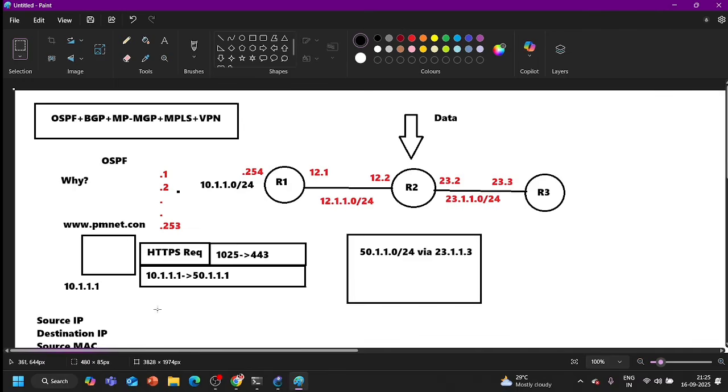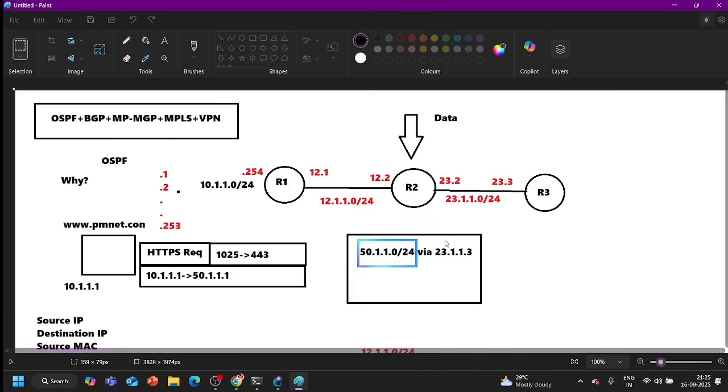Now it can open layer 3 information and it will check the destination IP address. What is the destination IP address? Is it the IP address of router 2? No. If the destination IP address is not the IP address of router 2, the router is simply going to compare the destination IP address with the routing table. And in the routing table, see, the route is there, and this route is reachable from 23.1.1.3. So what will router 2 do? Router 2 will send the data from